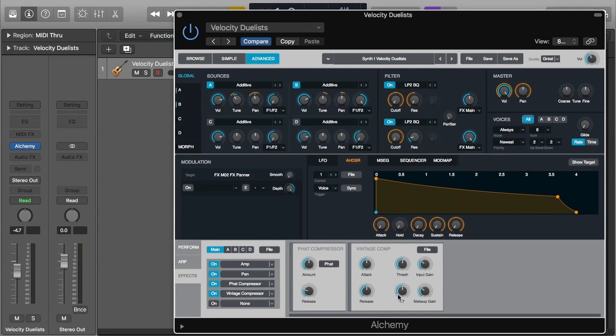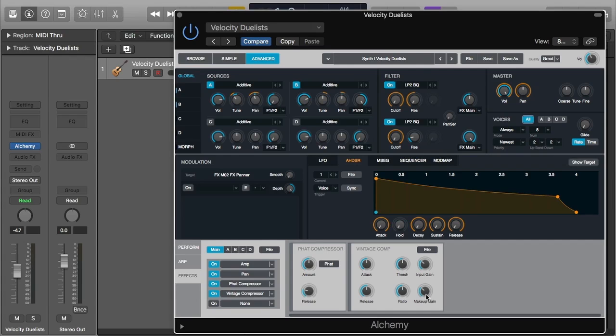The ratio knob down here is going to set the ratio of compression when going over that threshold. And then the makeup gain is going to set the level of gain that's going to be tied to the compressor output. So the input gain is tied to the compressor input. Makeup gain is tied to the output. So whatever you end up compressing, you can make it up here and make it a little bit loud again if it's being compressed. So you can give that apparent